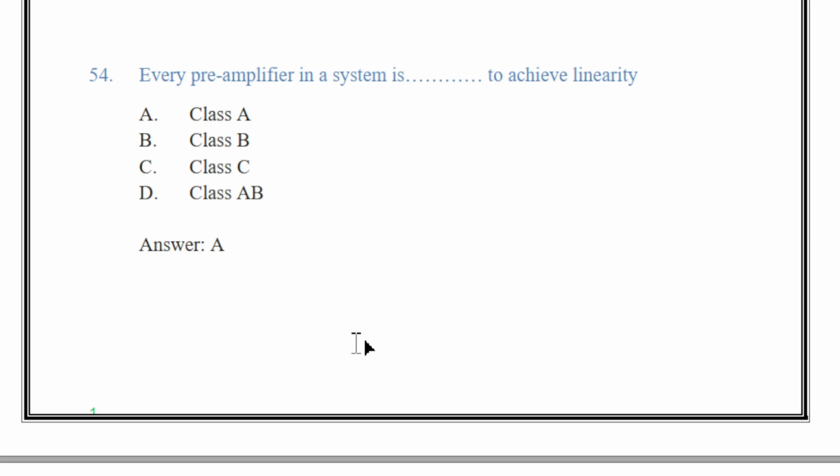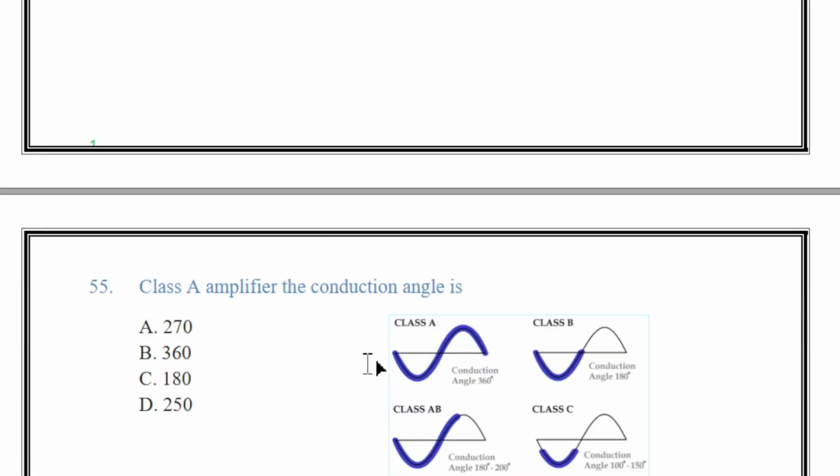To achieve high linearity, the output stage of a class A amplifier is biased on, conducting all the time. Then for an amplifier to be classified as a class A, the zero signal idle current in the output stage must be equal to or greater than the maximum load current, usually a loudspeaker, required to produce the largest output signal. Now we come to the question number